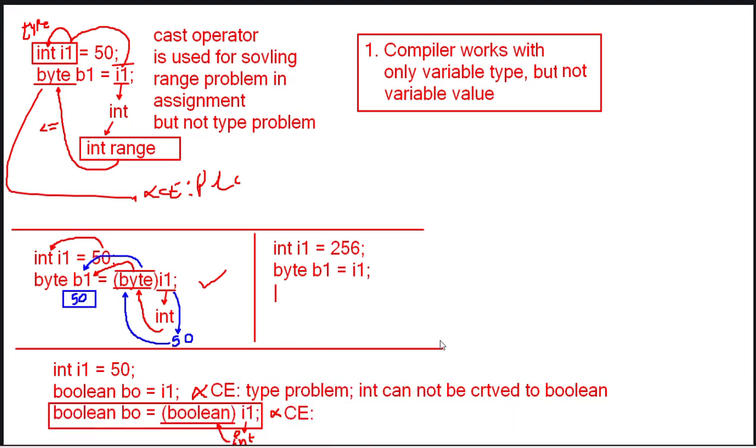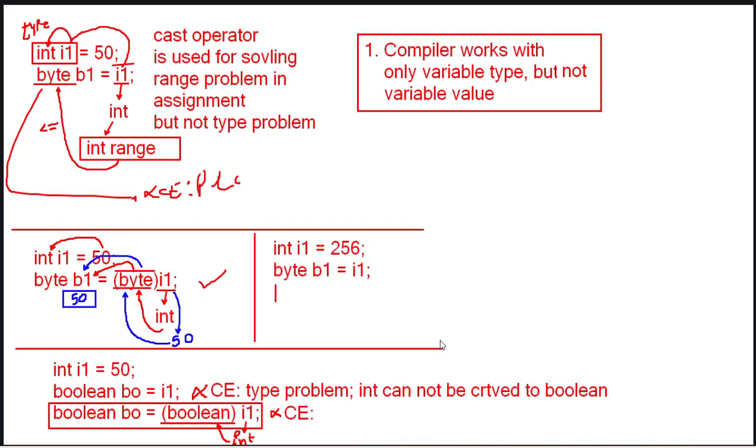That means if the value in the variable is more than the range, the compiler throws error. Right or wrong? If the compiler is throwing error because of value 256, then